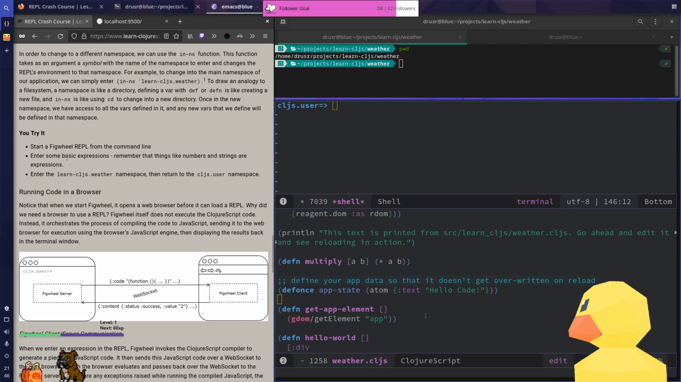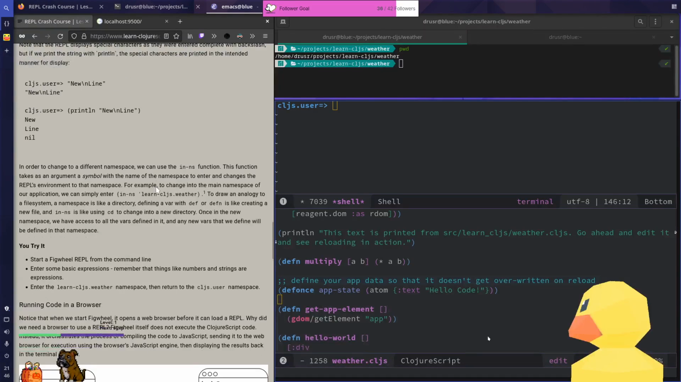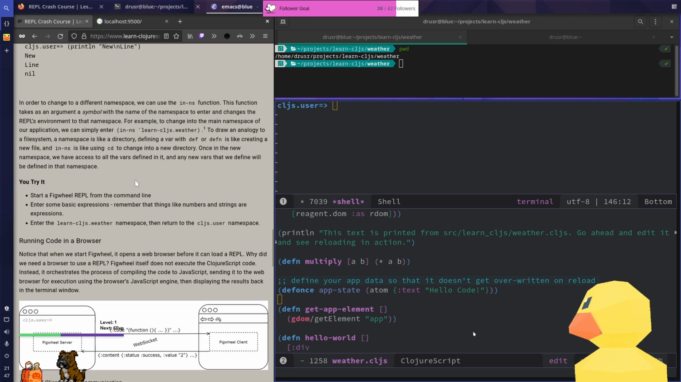Okay, in order to change to a different namespace, we can use the in-ns function. This function takes as an argument a symbol with the name of the namespace to enter and changes the REPL's environment to that namespace. For example, to change into the main namespace of our application, we can simply enter in-ns space, backtick, I think that's a backtick,